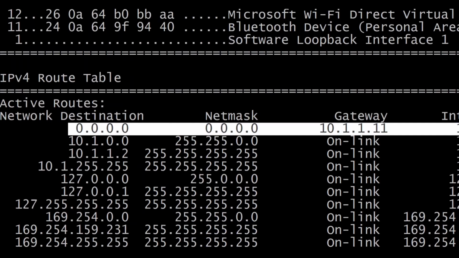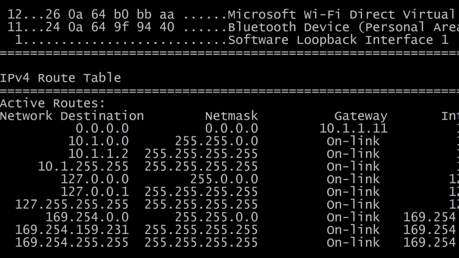And in that particular example, that one routes to the default gateway. So you can see the default gateway listed, and the meaning of this particular IP address and net mask will become clear when we discuss layer 3 protocols.